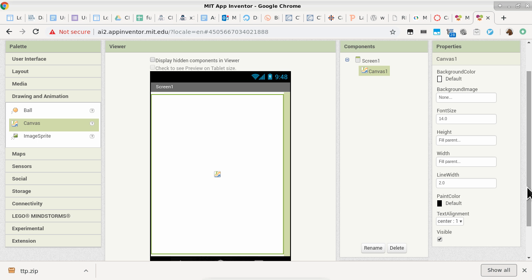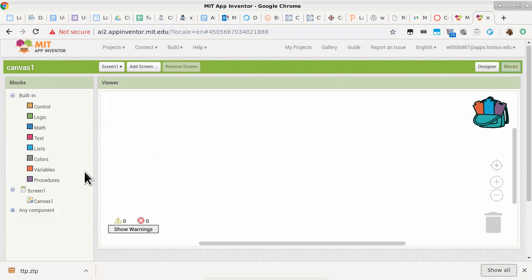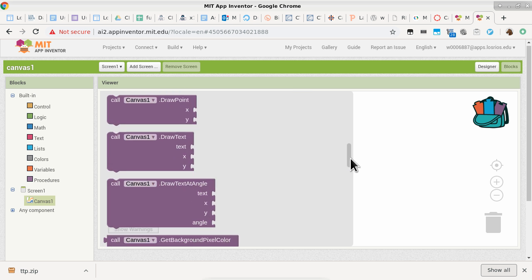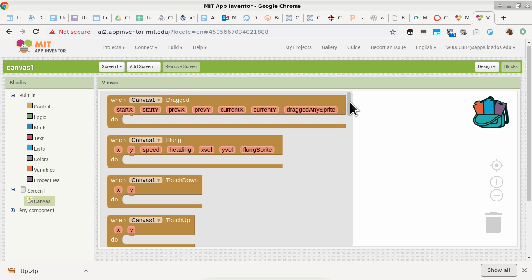So what we want to do is really just go to blocks and click on Canvas 1 and see what we can do with the canvas. And you can see, with the thumbnail, that oh, there's a lot of stuff we can do with a canvas. So we'll go through these things one by one, okay, just so that we understand the capability of a canvas. The first one is dragged,